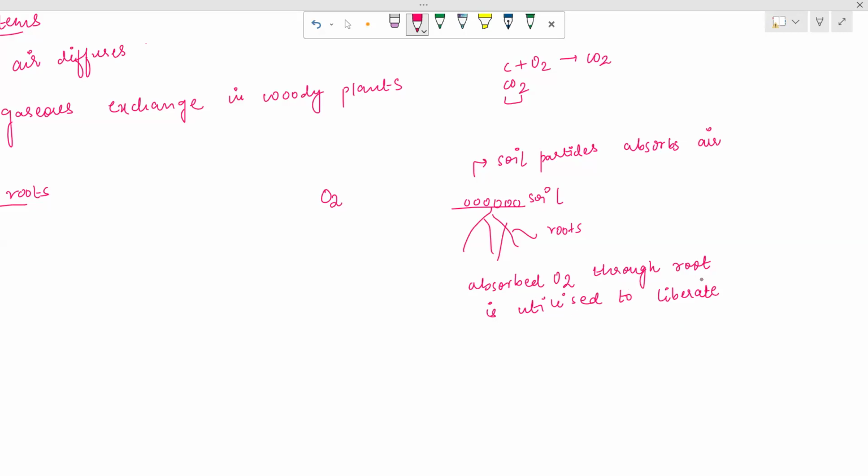So absorbed oxygen is utilized to liberate the energy, so that it can be used to transport salts